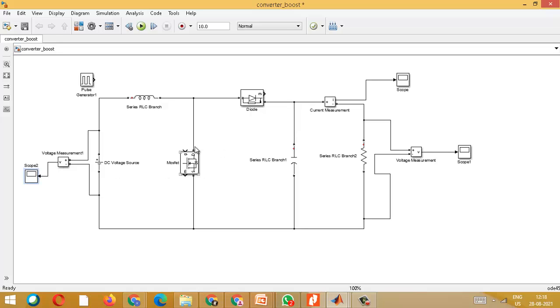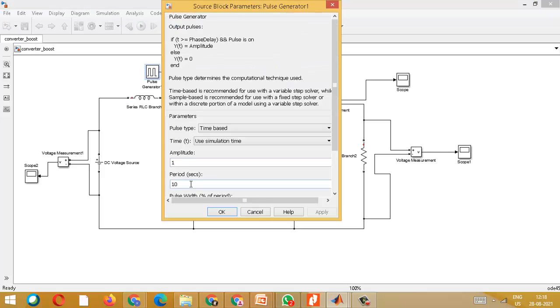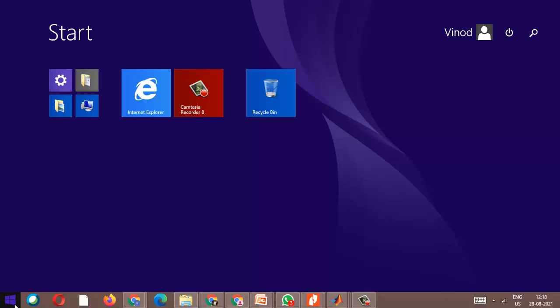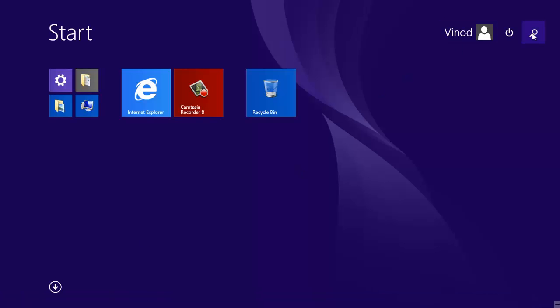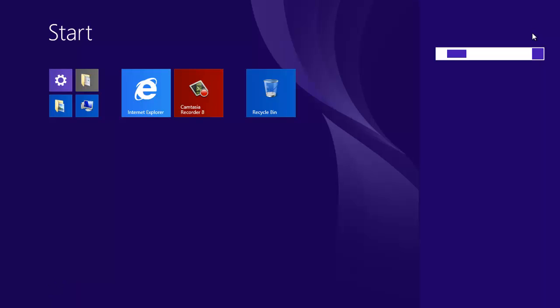Now the only thing left is how to fire this MOSFET. MOSFET is a semiconductor device that you have to fire. It is a voltage controlled device, so you need to specify the minimum gate turn on voltage, VTH as we used to call it. The minimum gate turn on voltage is 8 volts, so let us keep it at 12, slightly greater. Now comes the period calculation. We should operate at higher frequency, so let us assume I am going to operate at 25 kilohertz.